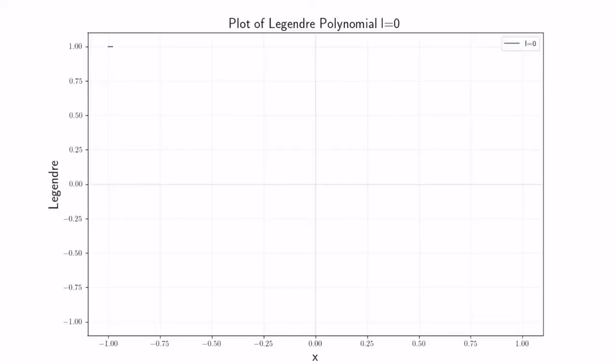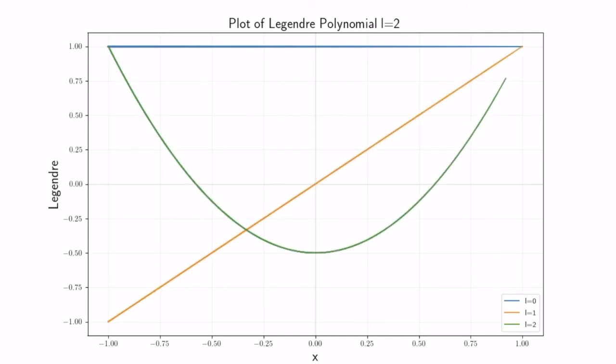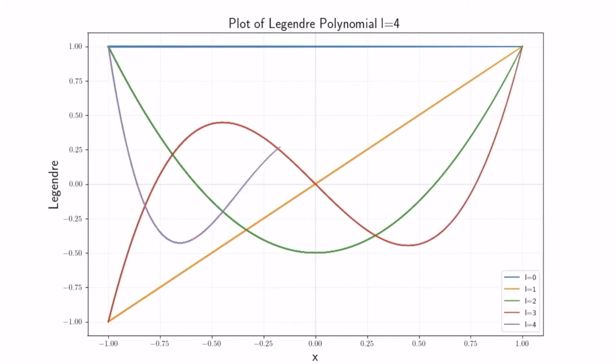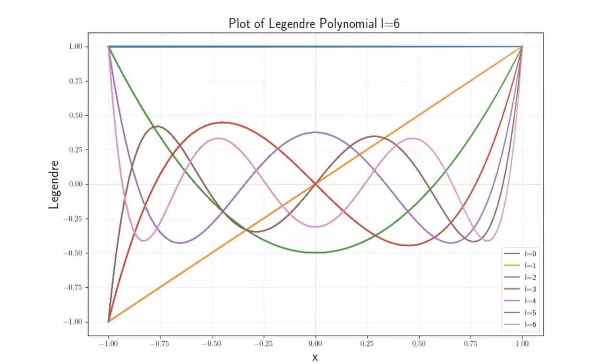Let's quickly look at the plot of these for a few values of L. For L equal to 0, we have a constant. There is nothing to do. L equal to 1 is f of x equal to x. L equal to 2 is a parabola, and then it keeps on increasing, polynomials of higher and higher order. You have to see that all of them take the value of plus or minus 1 on the boundary. At plus 1 they are all 1, at minus 1 for even functions they are all plus 1, for odd functions they are all minus 1. So this is a standard pattern of a Legendre polynomial.